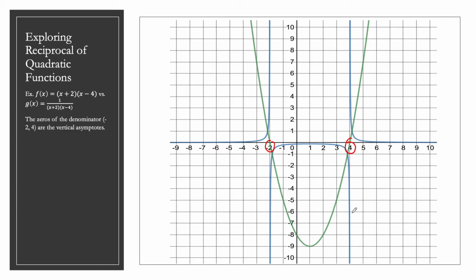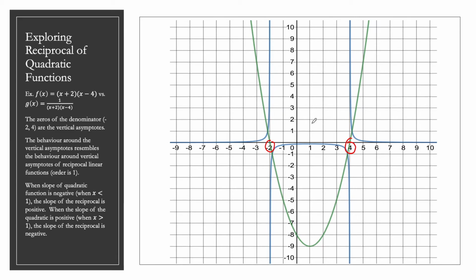We also might notice that the behavior around the vertical asymptotes resembles the behavior around vertical asymptotes of reciprocal linear functions. And the reason for this is because it actually has the same order. The order is simply 1. So it actually kind of behaves the same way as a linear function. It's also worth noting the change in slope. Unlike the reciprocal linear functions, where the slope was either fully positive or fully negative for all x in the domain except for the vertical asymptote,